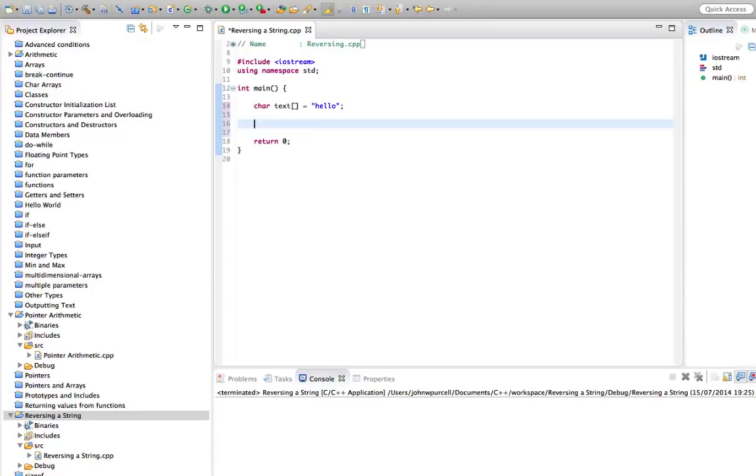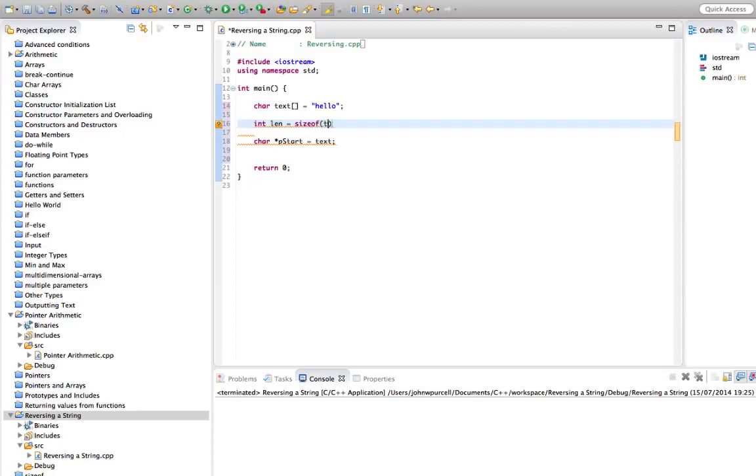So firstly, I'm going to declare a pointer to the start of the array. Let's say char pointer p start equals, although we actually are going to move this pointer, equals text. So that now points to the start of the array, to the letter H. Let's also declare a pointer to the end. And to get this, I need to know how long the array is. So let's say here int length, in other words length of the array, equals